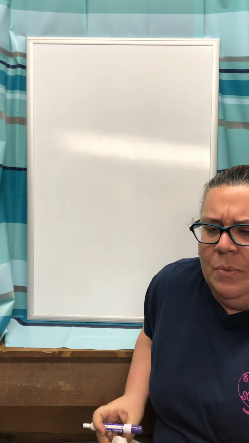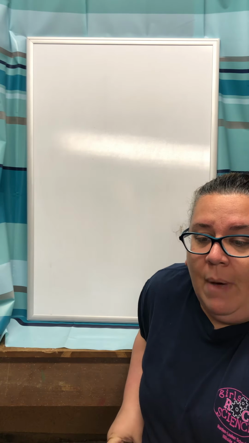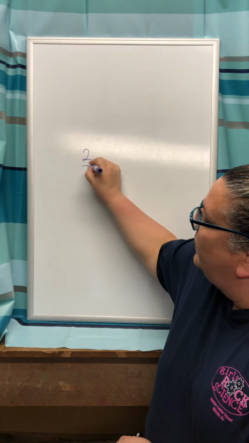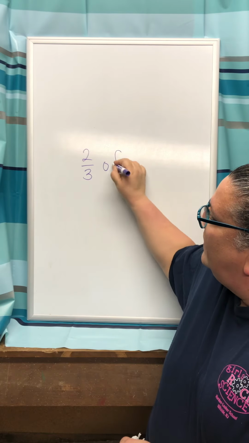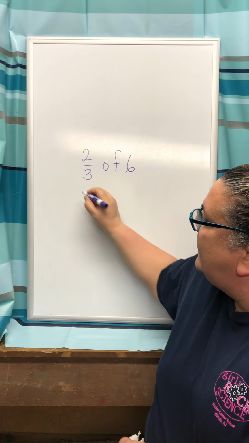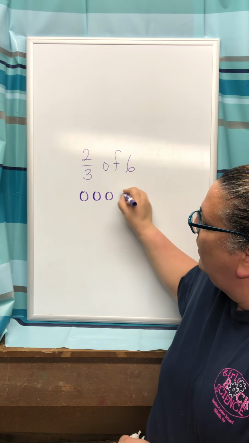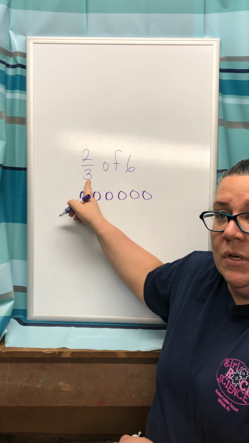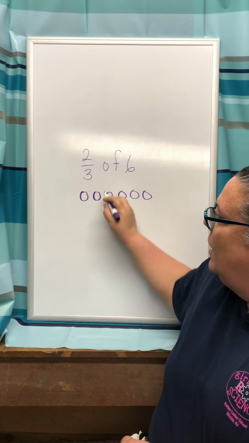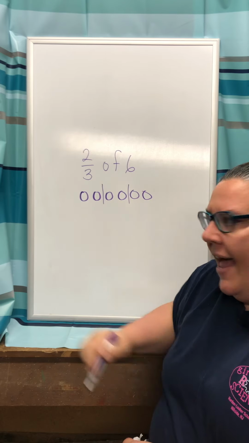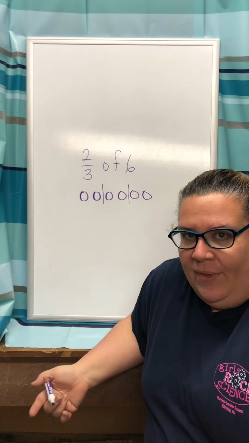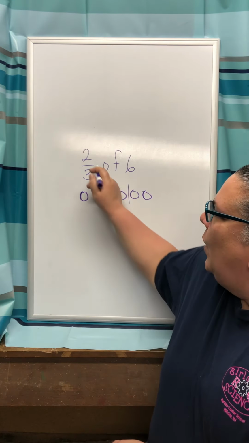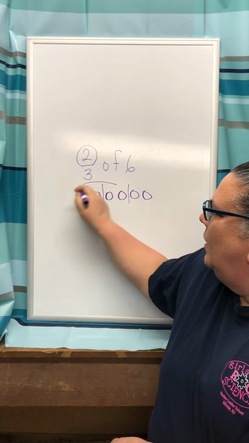Okay, and the remaining 2 problems, they wanted us to use the models to find the product. So we have 2/3 of 6. So they gave us 6 circles for that one. Again, we're going to split those 6 circles into 3 groups. So they're going to be divided like that: group 1, group 2, group 3. Remember, with fractions, all of your groups have to have the same number of parts in each group. We want 2 of the 3 groups, which means we want